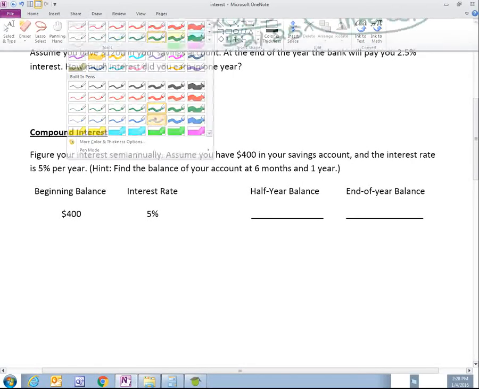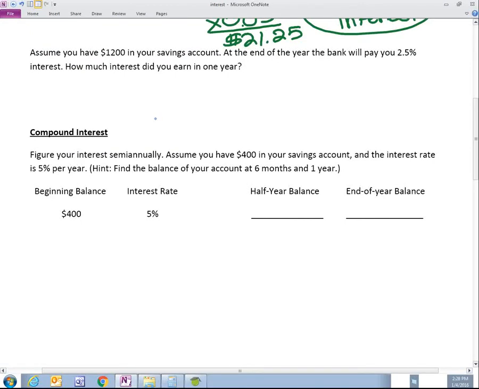Next one. Assume you have $1,200 in your savings account. At the end of the year, the bank will pay you 2.5% interest. Right there, I need to change 2.5% into a decimal. 0.025. Yes. Good. So what he did is he divided 2.5 by 100, and since there are two zeros in the division, the decimal goes 2 spots to the left. Then it's the same thing as I did before. I'm just going to multiply my principal